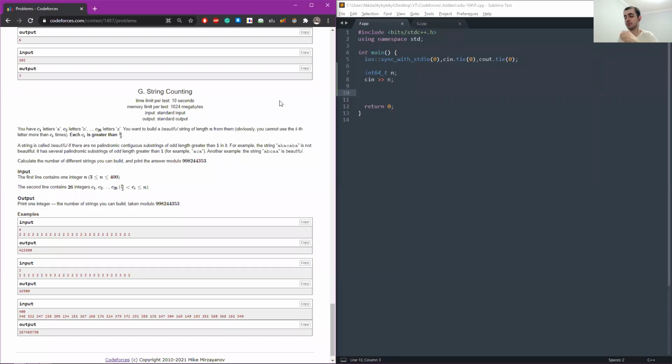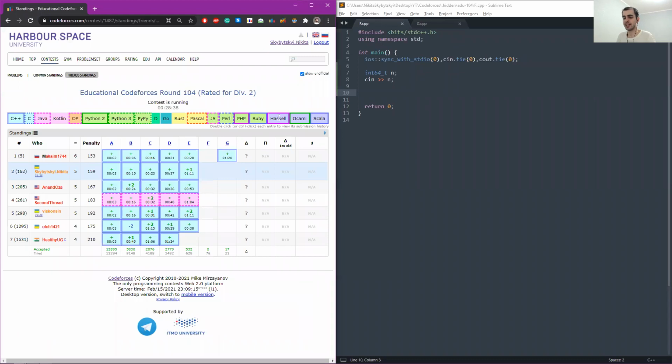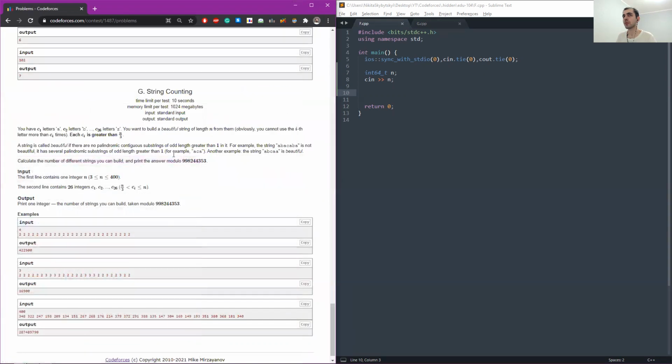So actually, I was looking at the standings and I realized that people tend not to solve F for some reason. I don't even know what the reason can be, really. But I noticed that some people are solving G, right? And I looked at it and it really does not look like it has to do anything with FFT or NTT, I should say. So I actually think it's about a different concept.